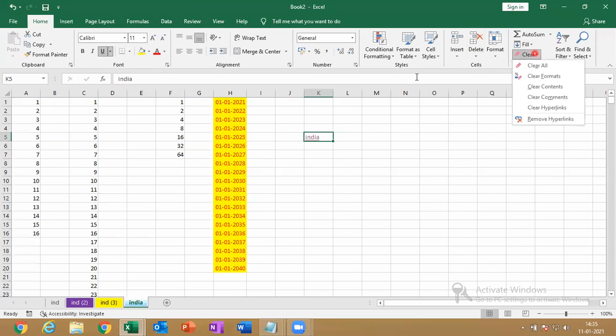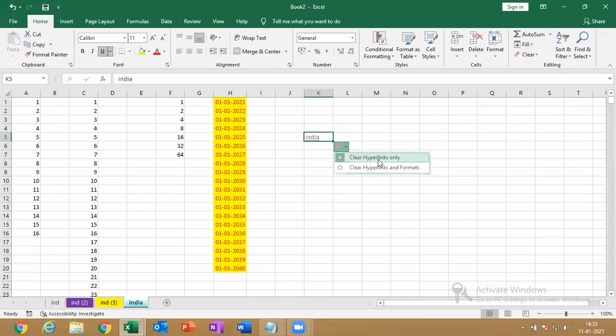First, let me clear the hyperlinks. I'll tell you the comment, wait. Clear hyperlinks and formats. The linked file is removed and the color is also removed. Now,